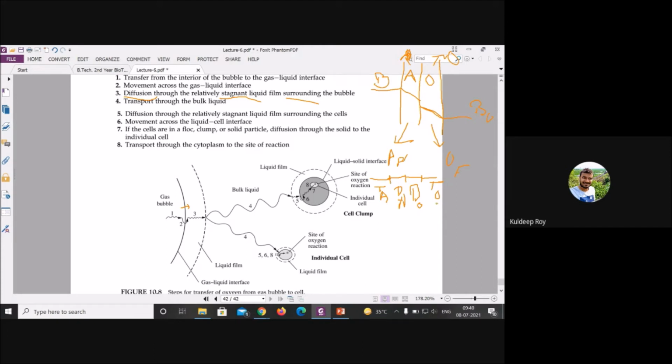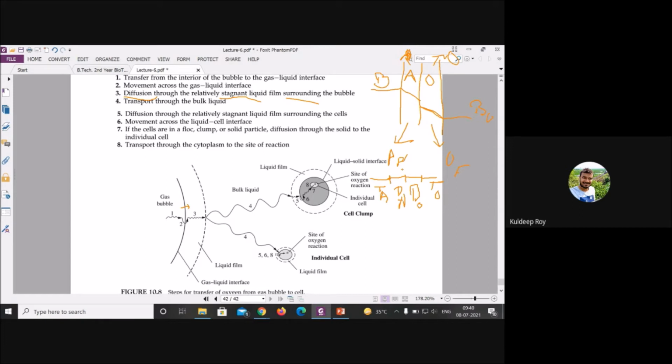This is what we have discussed, and we are claiming that after some time this whole phase will be in equilibrium. And here we have talked about one line: even though the fluid is under turbulent flow, a crucial amount of mass transfer happens by diffusion.